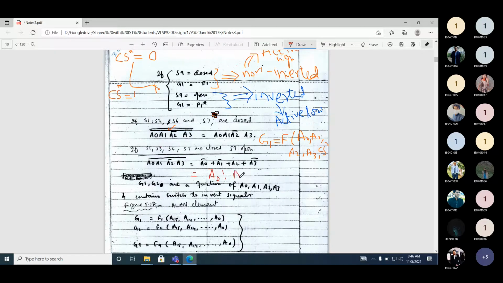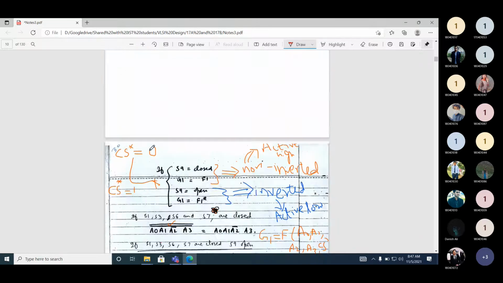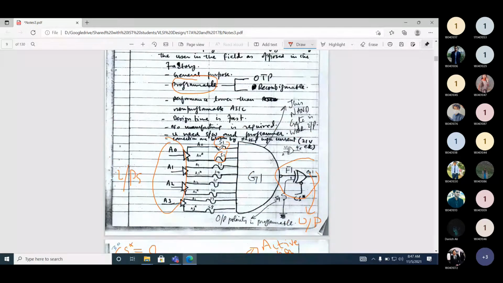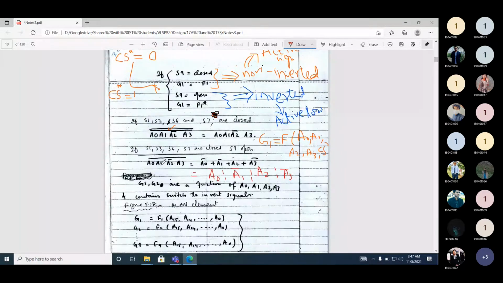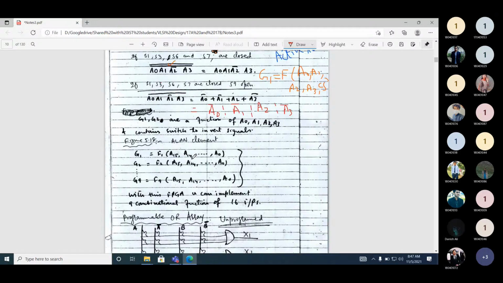So the output will be A1 bar or A2 or A3 bar. Because if S1 is closed, you will get A0. S3 is closed, you will get A1. S6 is closed and S9 is open. Okay, so you will have bar.